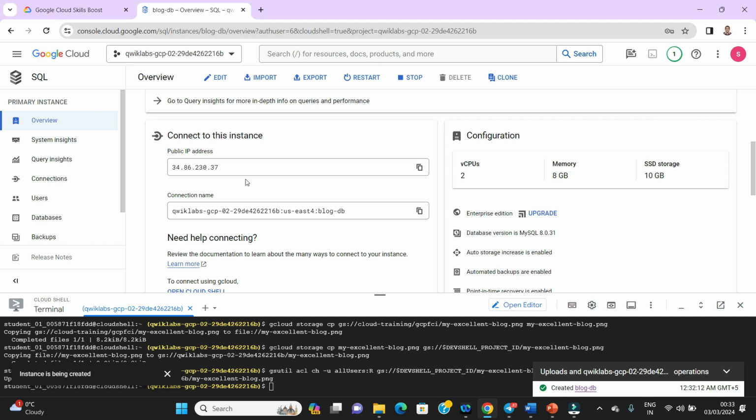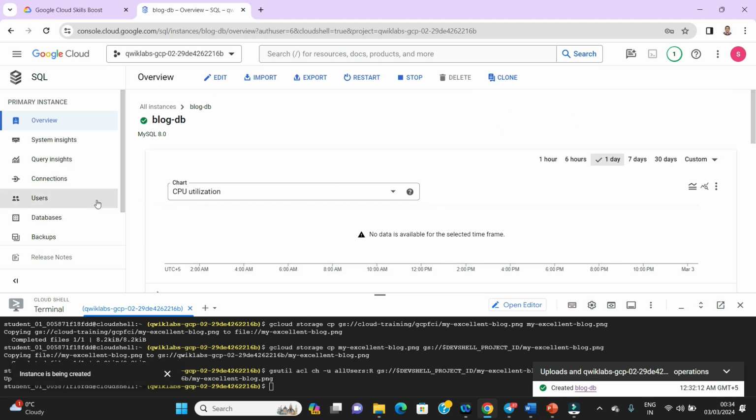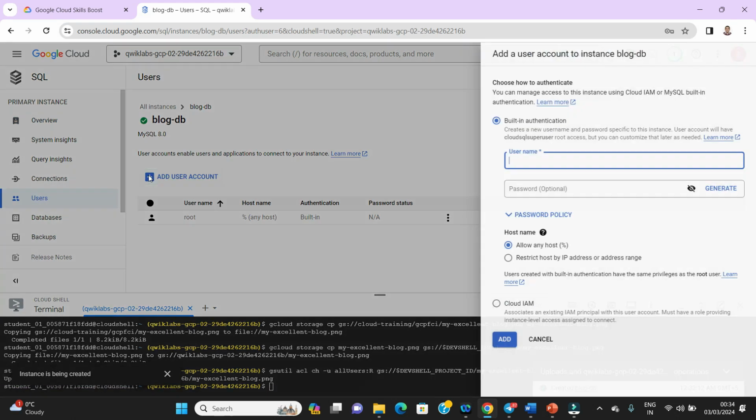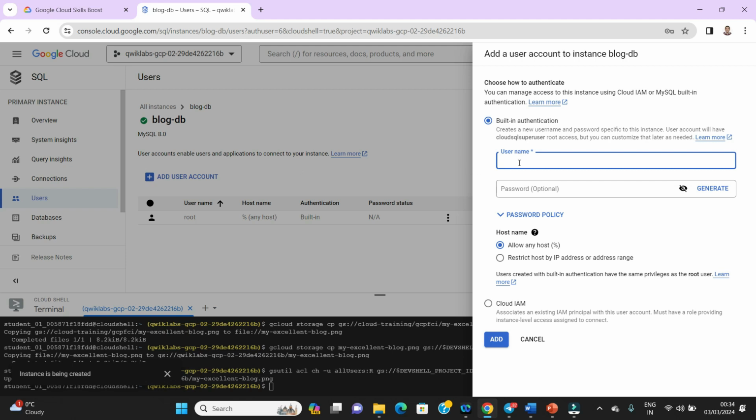We will go to users, you can look into it. This is users given here, and then you can add one user account and give a name. We are using the blog keyword here. So we have given blog db to our database, and let's say for the user we will give blog db user, and then we have to give a password also here.